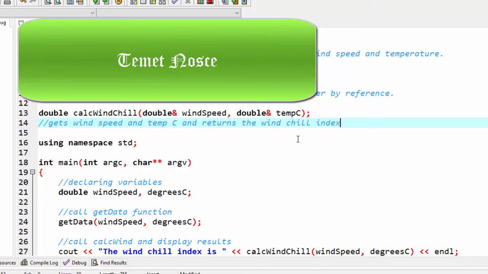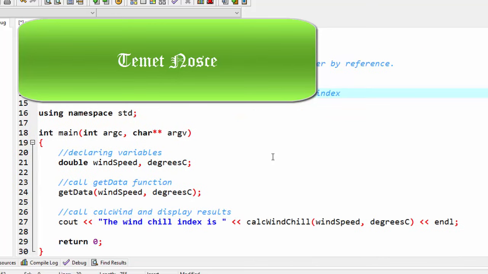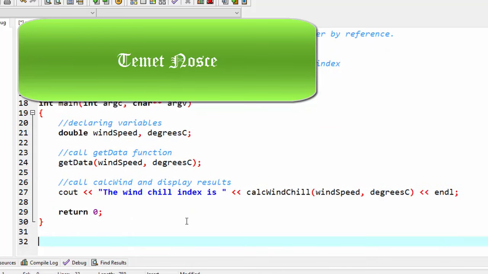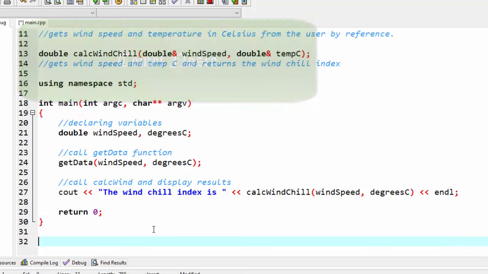And my description for that function: gets the wind speed and temperature in Celsius and returns the wind chill index. Okay, now I need to write those two functions, or define those two functions. So void get data,